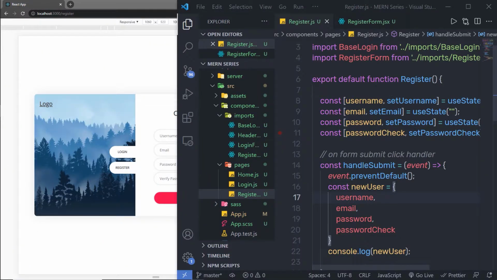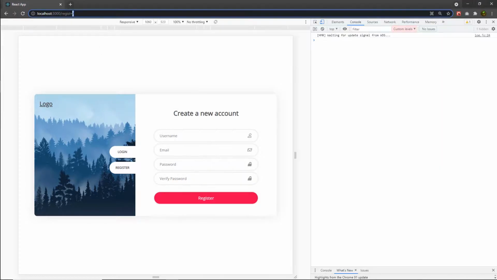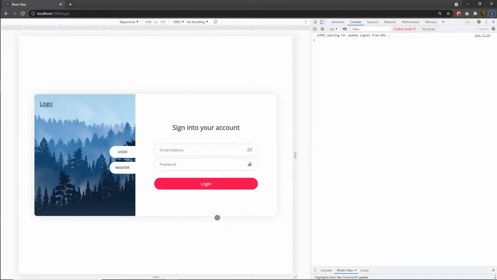Now, in the previous lecture, we got all the values of the register page and printed them in the console. In this lecture, I'm going to get all the values from the login form and print them in the console. So let me first open my login form. I'm going to specify the route /login. This will just open my login form, and I'm going to get the email and the password and display that